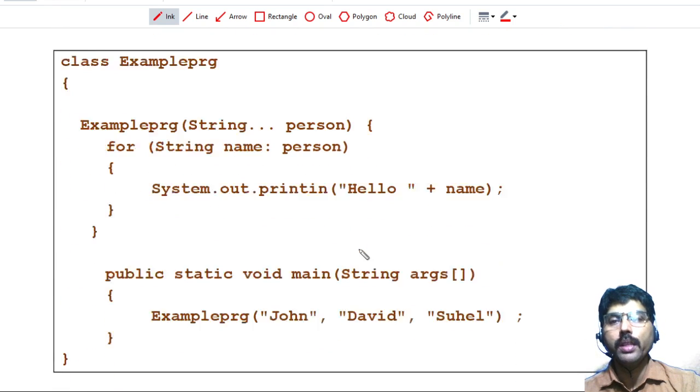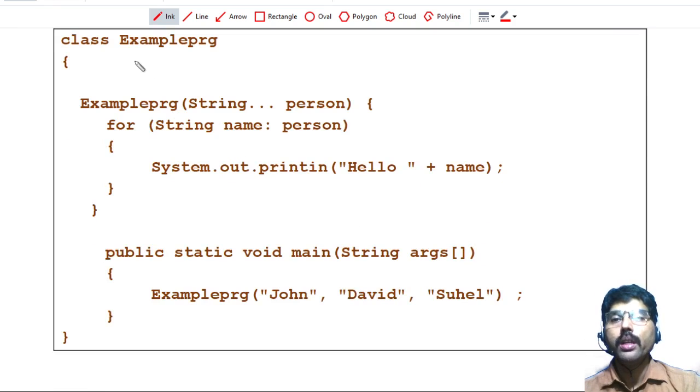Now I will explain one more example which shows the var args. This is the example program, where one constructor is there, which will accept one person as a variable, and string is the type. I provided some input to this person, and here it will display one by one hello, that person name. Whenever I pass some parameter person, it will give it to the name one by one. A number of names are given here in the person. It will take one by one the name and display it here.